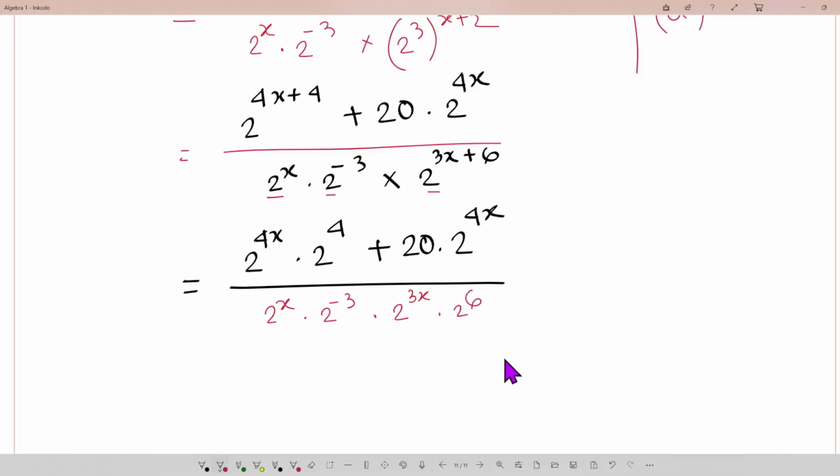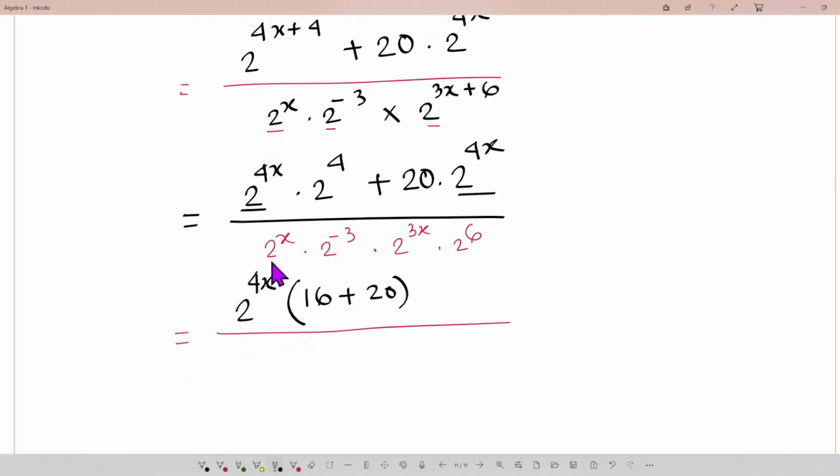It's the same thing. Next we can write this is 2 to the power 4x and here is also 2 to the power 4x. We can take common 2 to the power 4x. So here will be 2 to the power 6, it means 16 plus 20